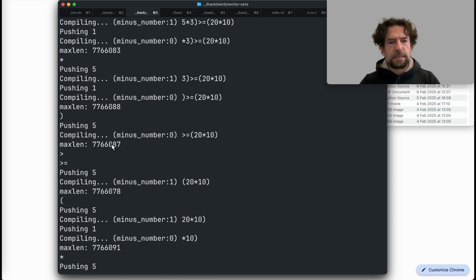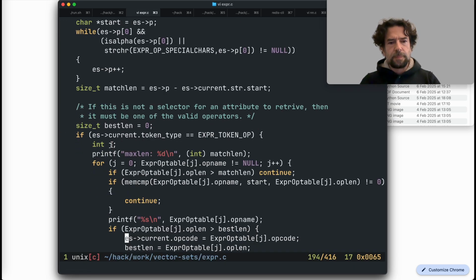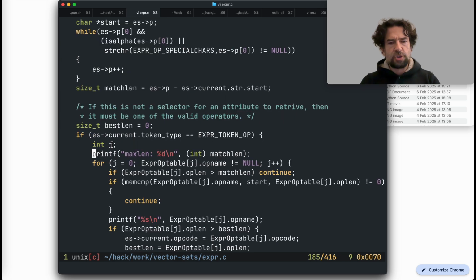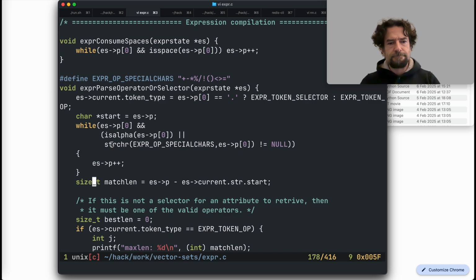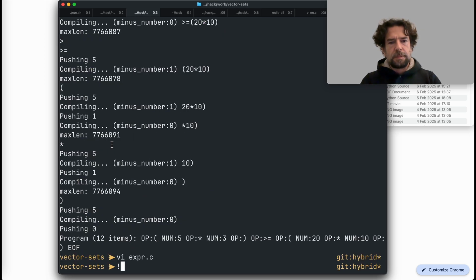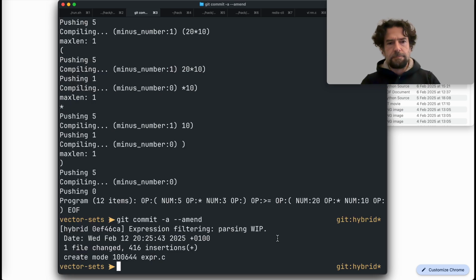Why is it maxlen here as a wrong value? Matchlen, because it is wrong. Okay, now hopefully it is more correct. You see,